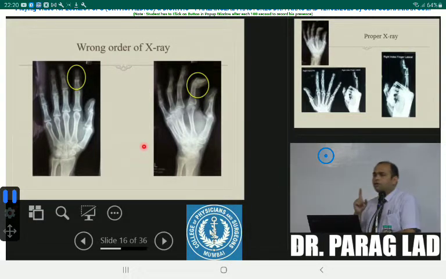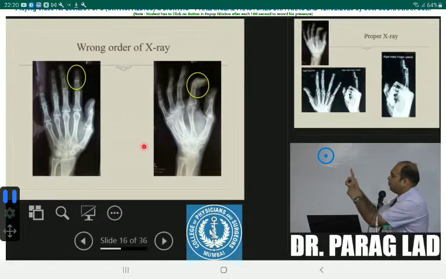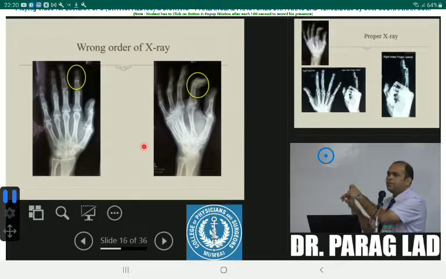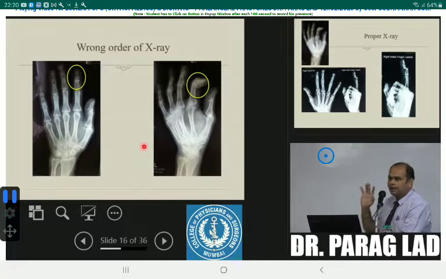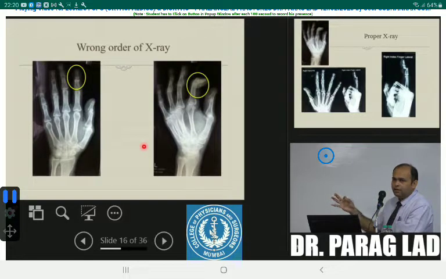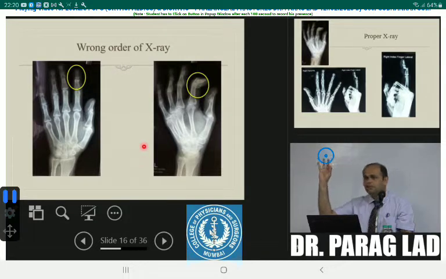So whenever you see a fracture from proximal phalanx to tip, please do not order hand X-ray. Please order finger X-ray. If you have multiple finger injuries, do not order hand X-ray. There is a way. You know, when we say somebody, you look beautiful, this is the way in which you should take an X-ray. All three fingers can come as a lateral view like this.